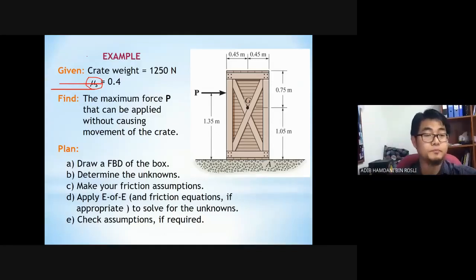Okay, 0.4. What does it mean by that? By the way, it's not in this problem, but what does 0.4 mean? It means that between this material of the box or the crate and your floor, which looks like a granular floor, you have 0.4. They have done an experiment and they report to you that between these two materials, they have a 0.4 coefficient of static friction. Just a side note.